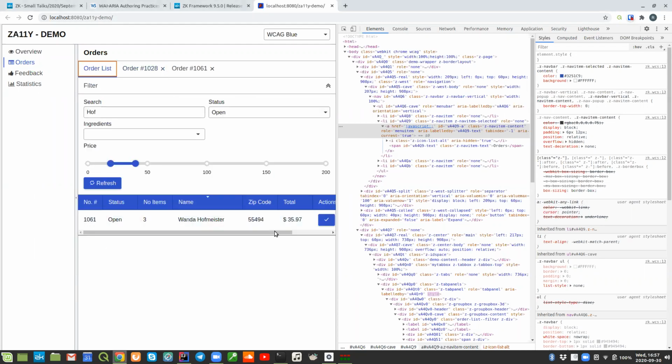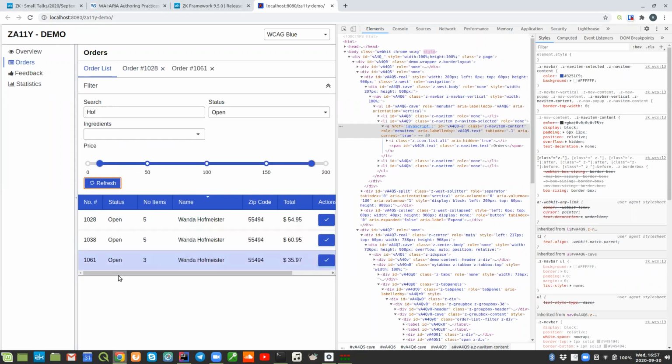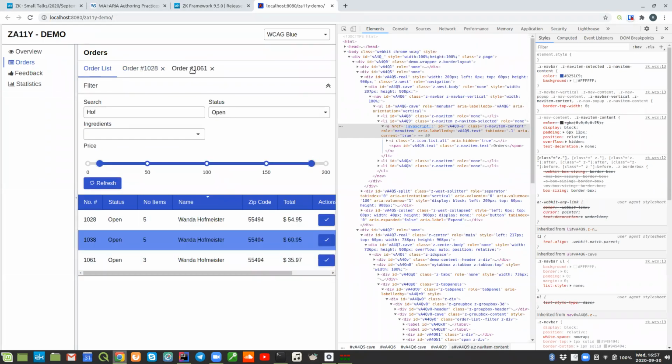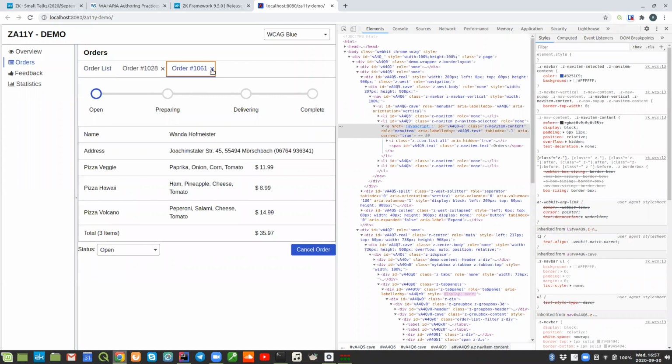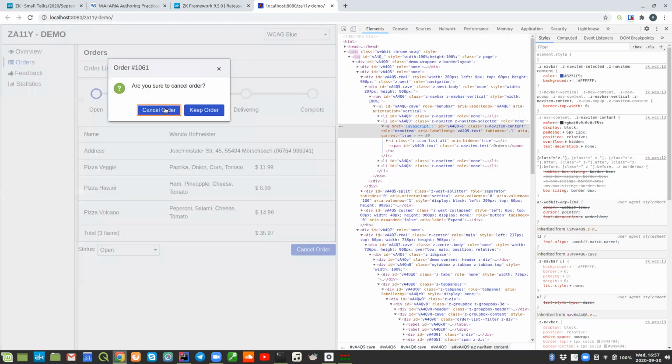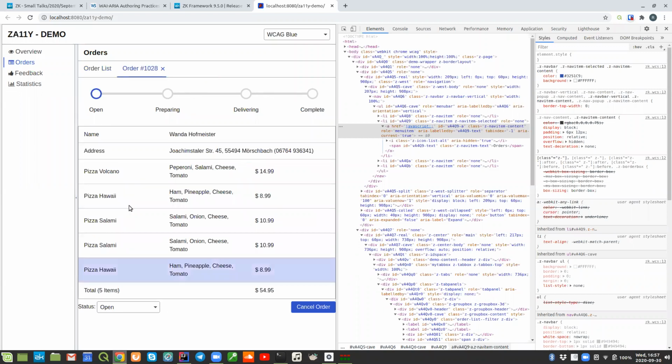So, for example, I can remove all my filters and refresh. And then I focus this one. And then I go here and delete it. I say cancel order and cancel order. And now I'm still on this tab. I'm not even back at the order list. So it's